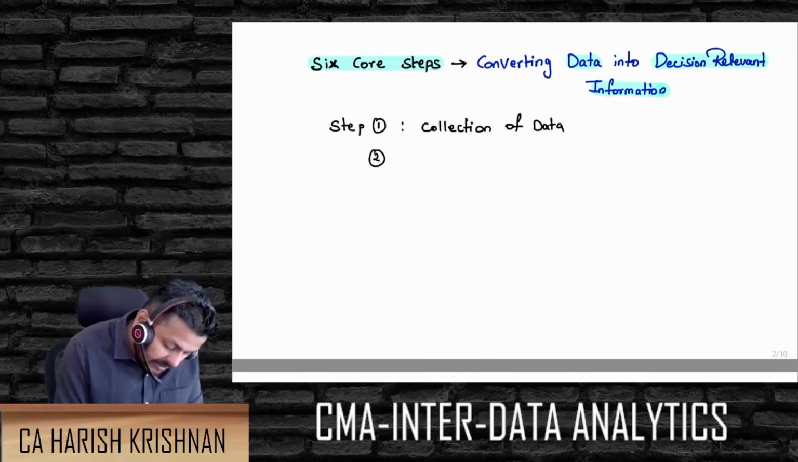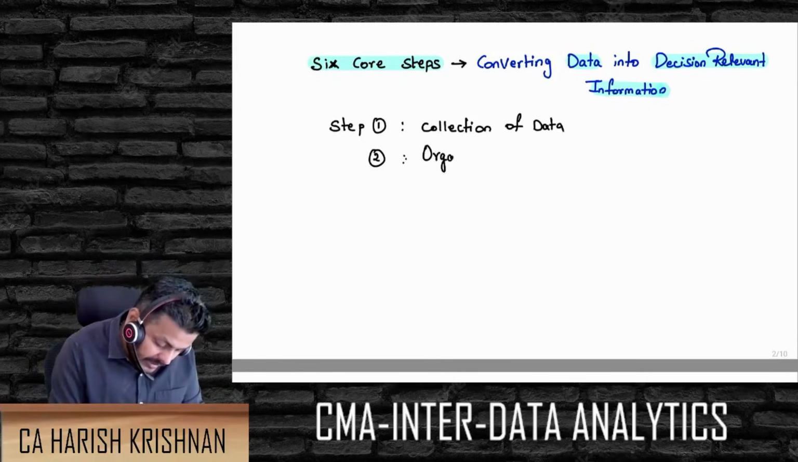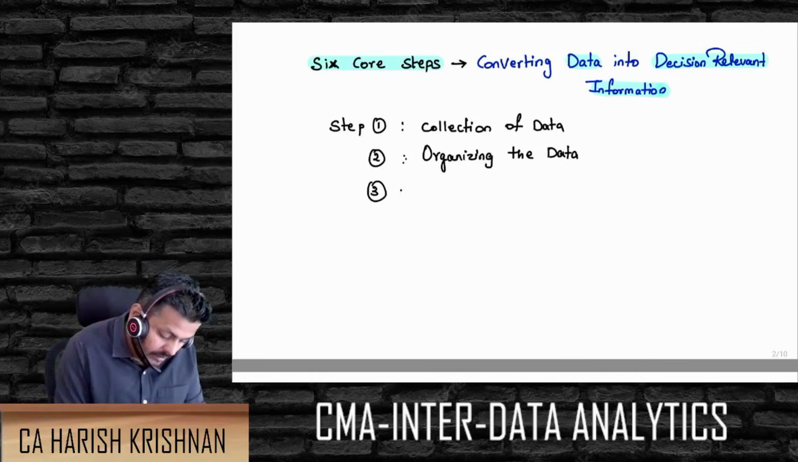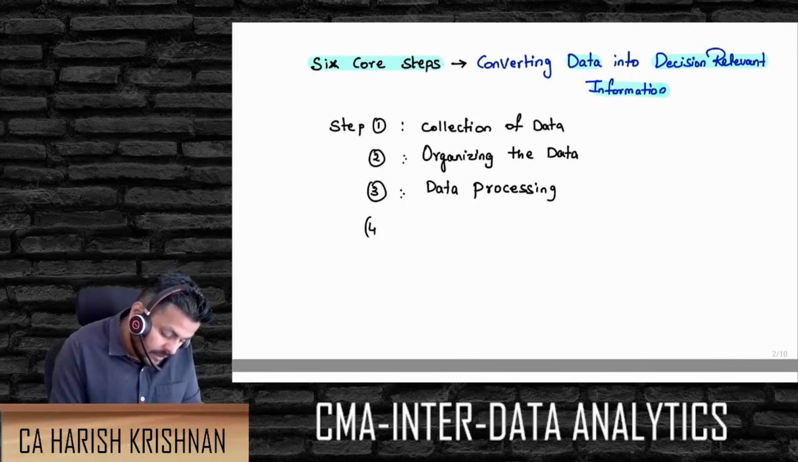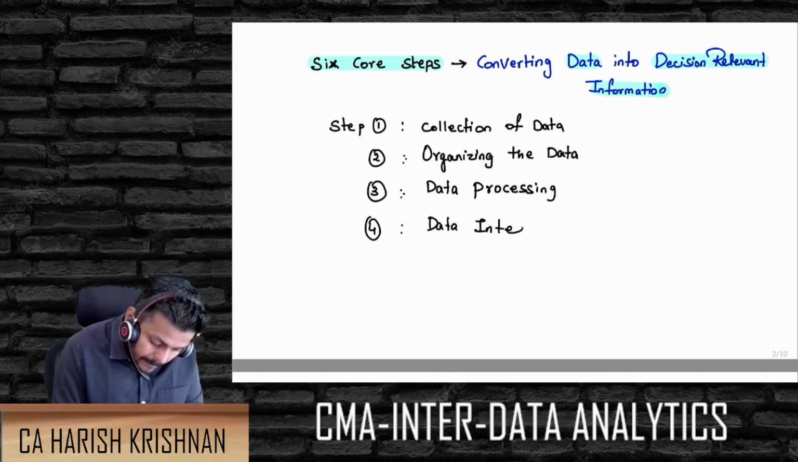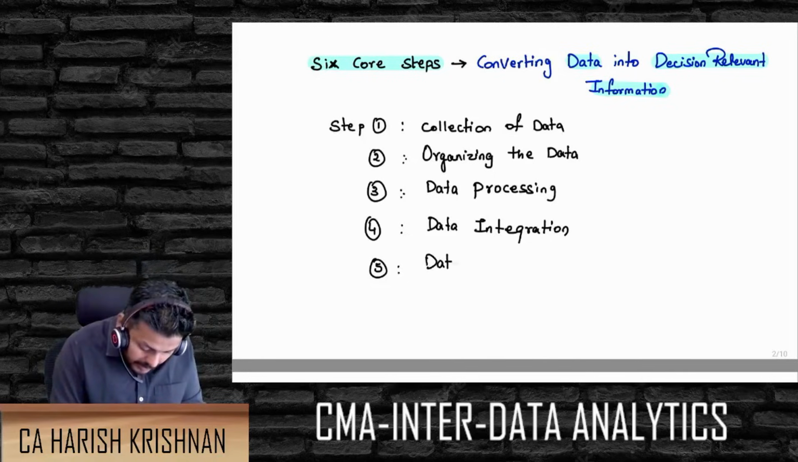After collecting the data, what are we supposed to do? Put all of that into a proper form, called organizing the data. Collection of data, organizing the data, then followed by processing the data, which starts with data cleansing, right? Data processing, then from multiple sources, data integration, which is then followed by data reporting,